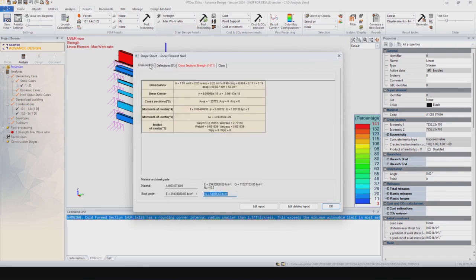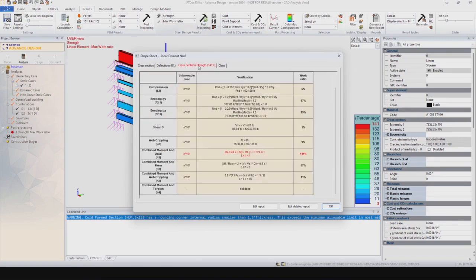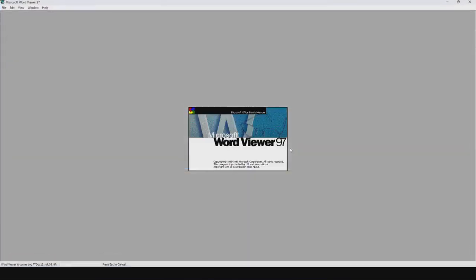As well, as I mentioned, you can also get the properties of that section that Advanced Design has calculated. And finally, we also provide you with design reports. So I can simply click here on edit detail report, and this is going to give you even more